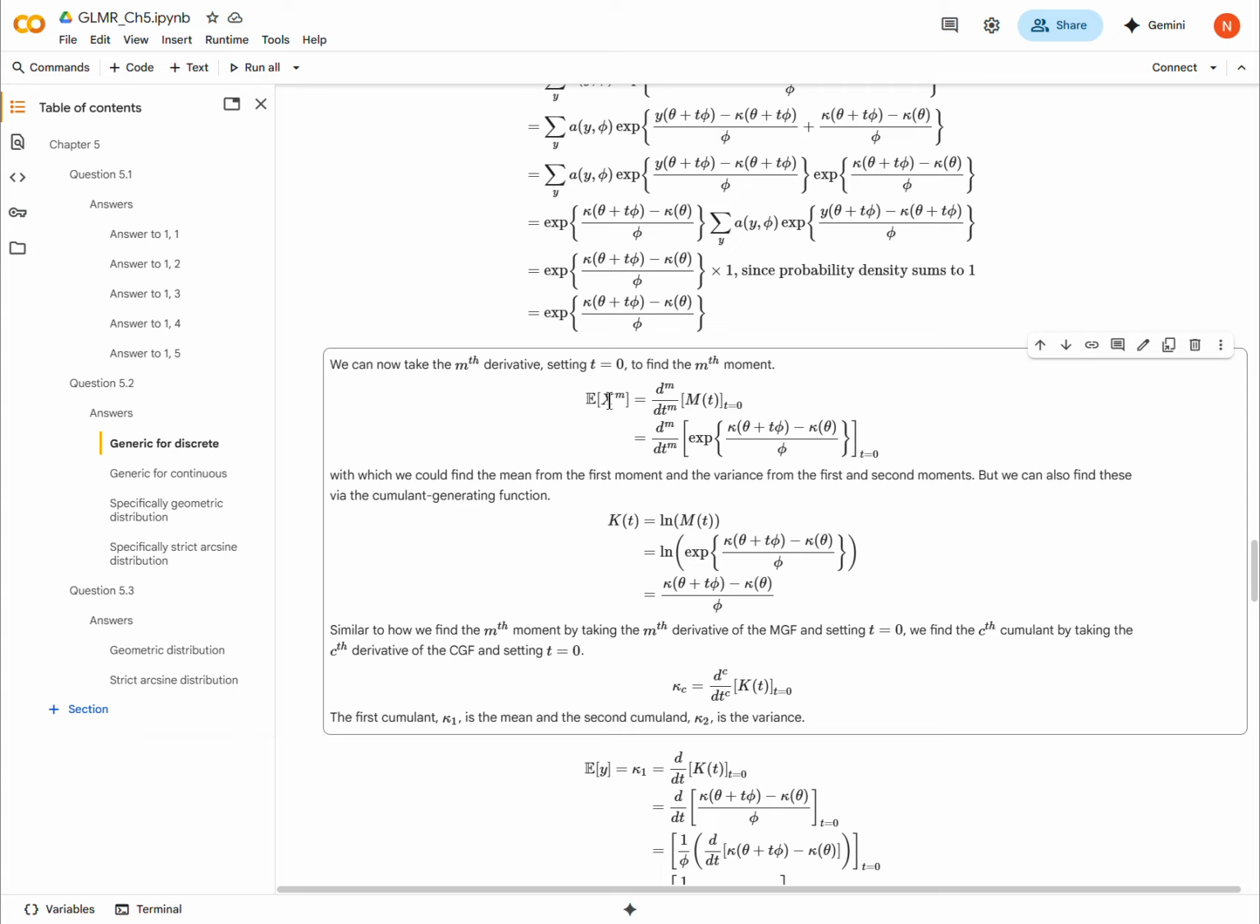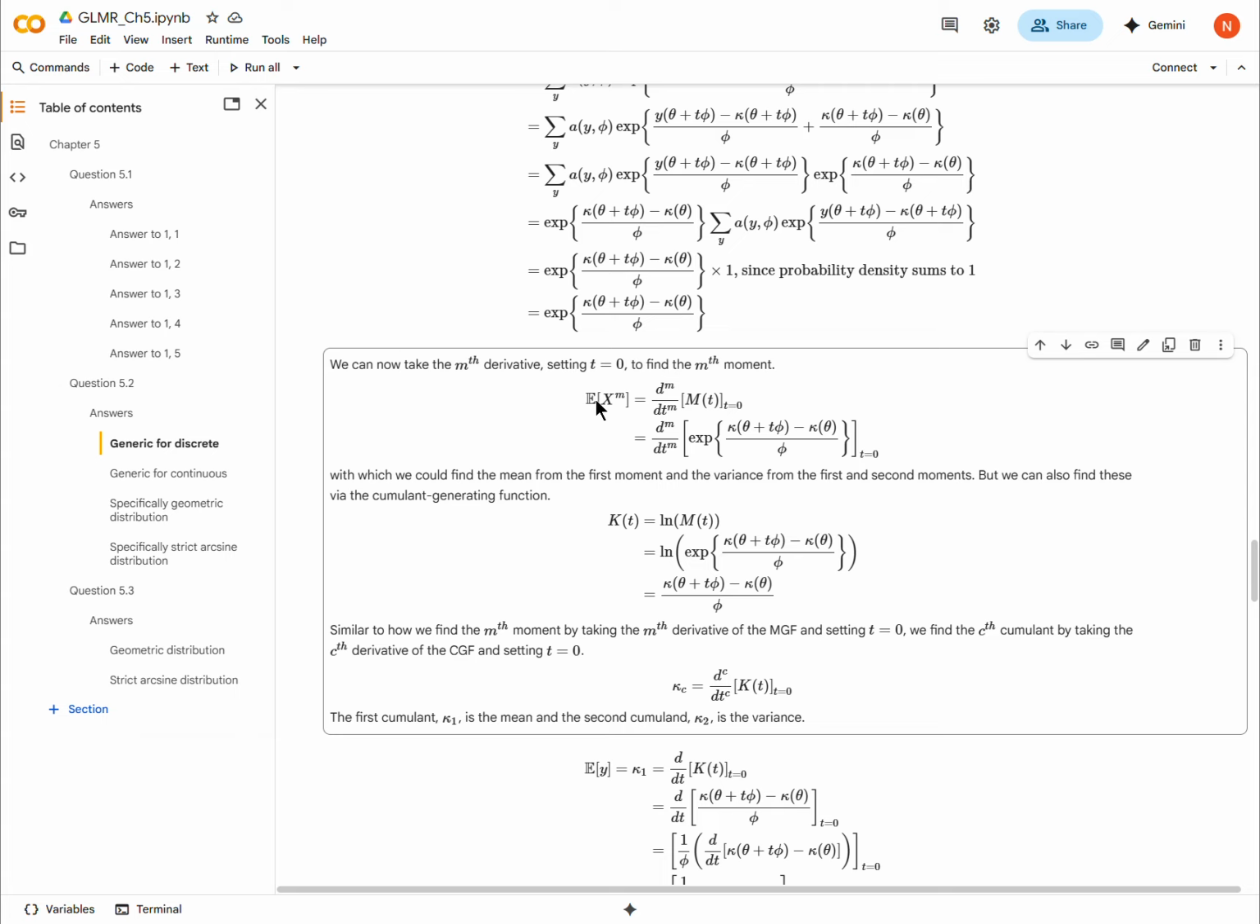Now we could go through and find the first and second moments, and then manipulate them to find the mean and the variance. Again, the first moment is the mean, and the second moment minus the first moment squared is the variance. I don't have it written down in front of me,